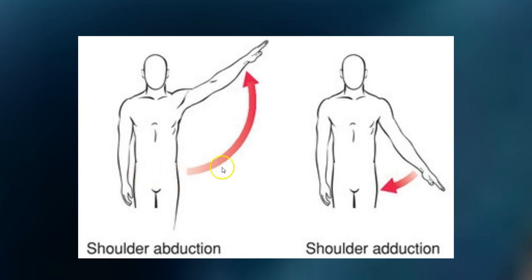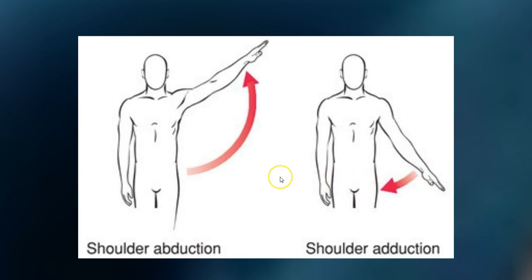So you are lifting that arm up and you are taking it away. The hand is moving away from the body. And then in this one here, it's moving back. And one way to think about that, you're adding back to the body. Okay, so when it's coming back to the body, you're adding the arm back to the body, and that is adduction. And if this arm was to continue right across the body, right across the midline, it would still be